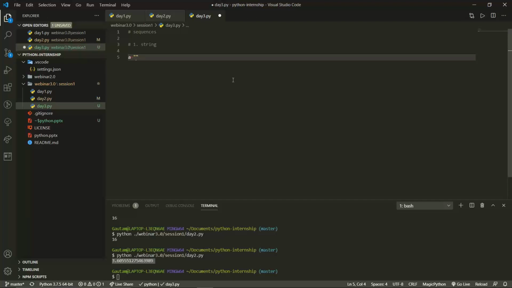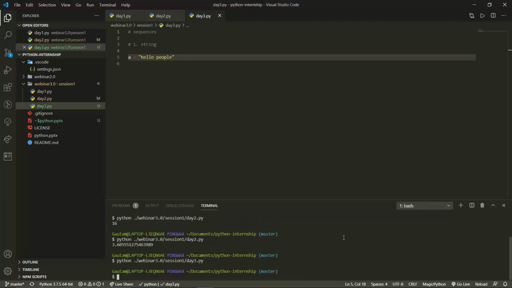I will be writing in double quotes, hello people. So I have written this, hello people, and I will just execute this code. Let us save. Okay, it got saved, and now we'll execute it. Now we'll go with Python, and I will just change this name to 3, and I will execute it.